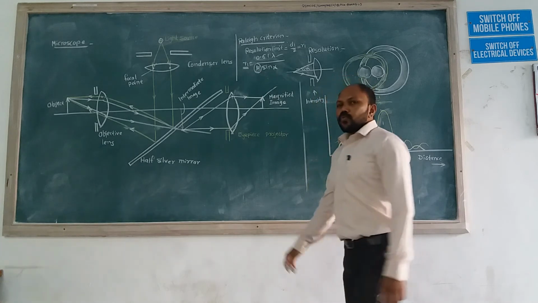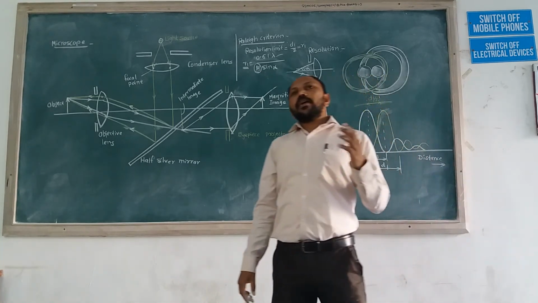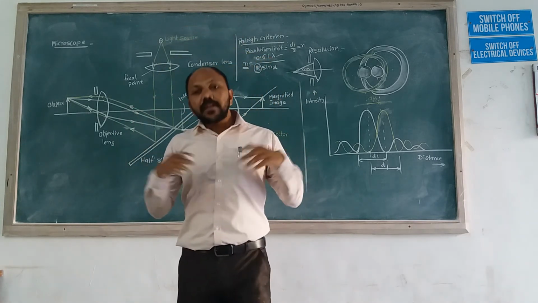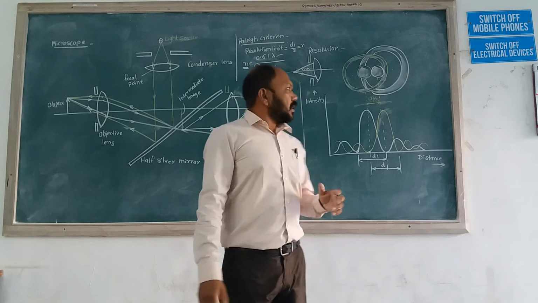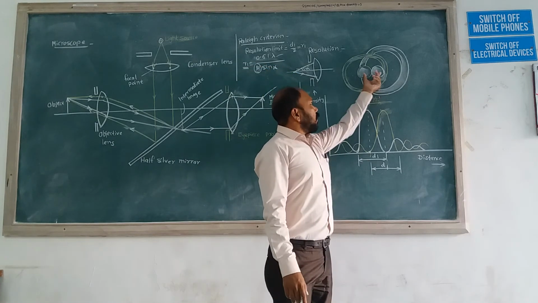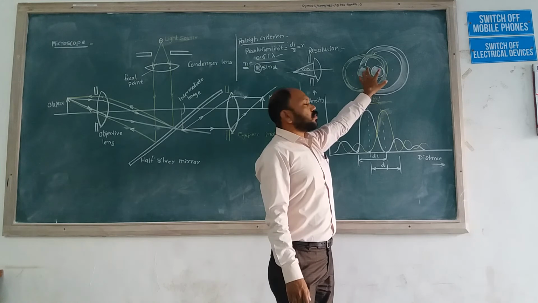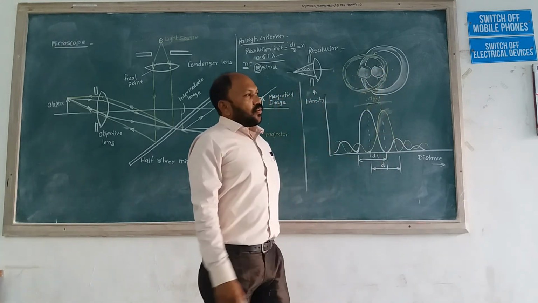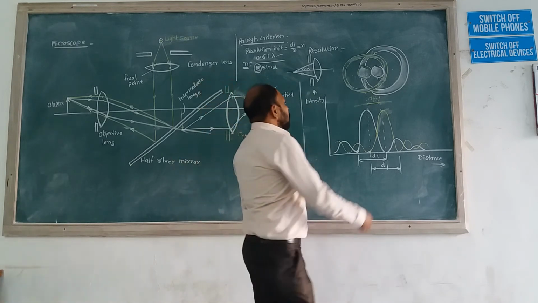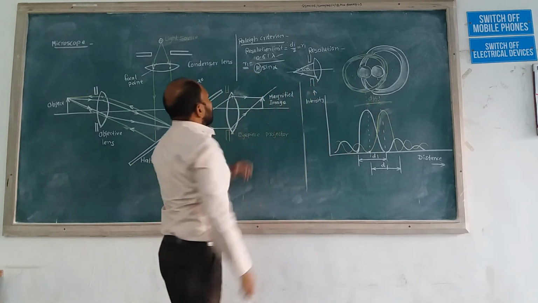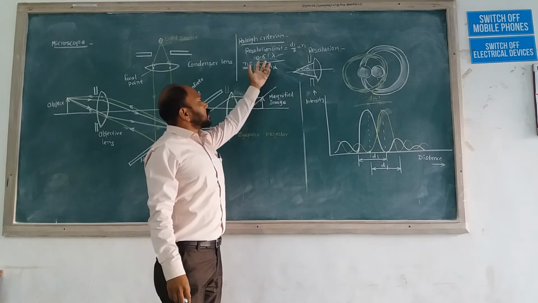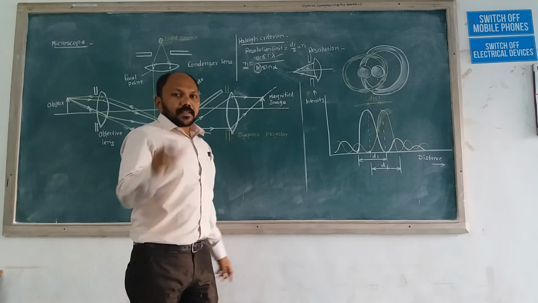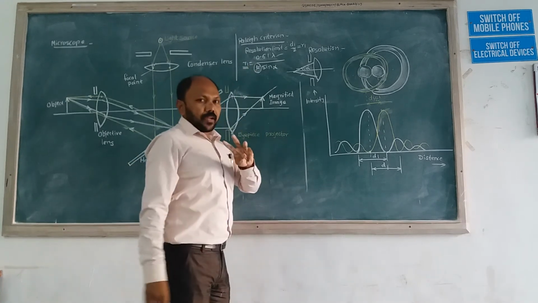Now our objective, if we want a clear image, if we want to increase the quality of the image or the resolution, then we want to reduce this value. We want to bring these two bright circles, these Airy circles, closer together. Then only is our picture quality high. So for that purpose, R1 is equal to 0.61 into lambda upon mu into sin alpha. So if we want the radius to be less, then three options are available to us.